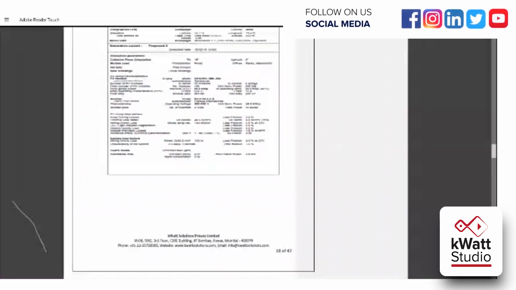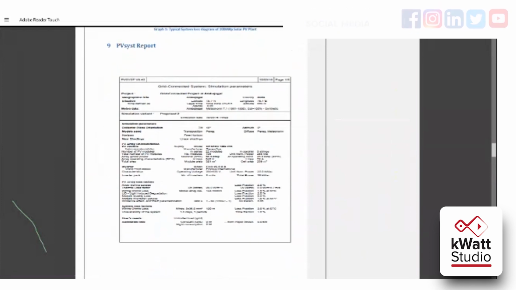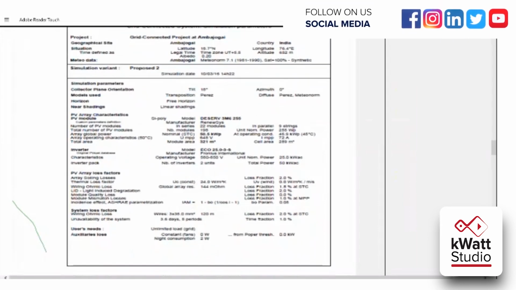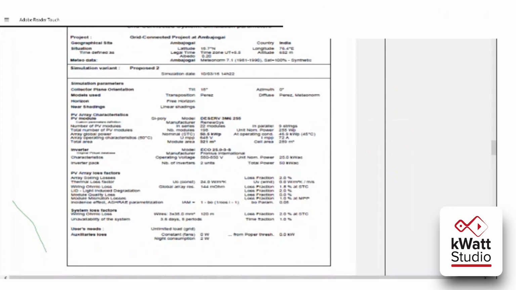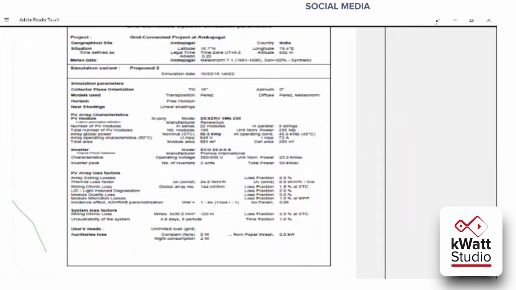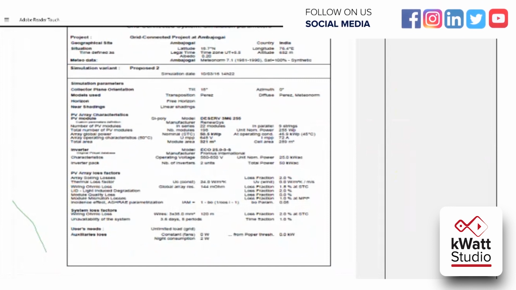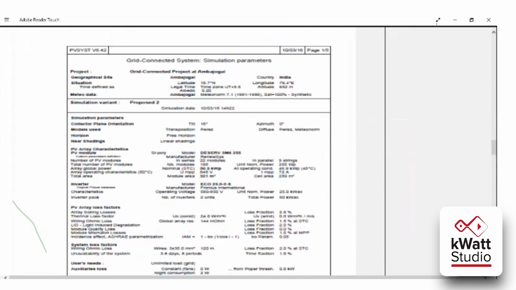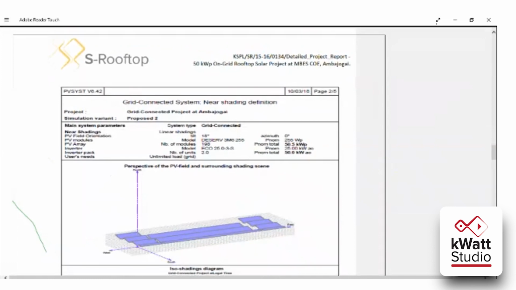Again, after the basic details like the area details, climatic details, you will get the solar module details, which solar module you have used, and the parameters of that solar module. PVSys is a very good software where you will get the specification of solar module also. Each and everything will be mentioned. You need not worry about that. So it will save your time if you are going to design a system. It will save your time with accurate results.